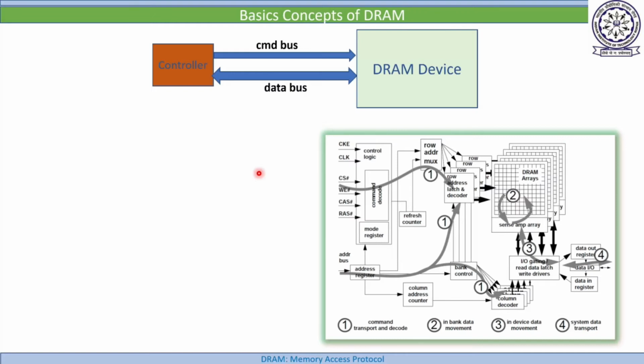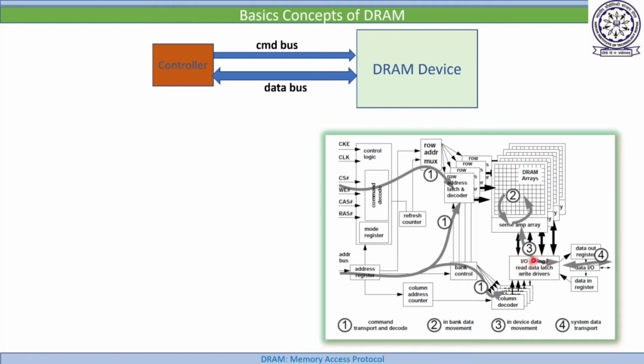Suppose a command, first of all, the command will travel through this command and address bus, and then it will reach the device. Suppose it is an activate row command. The second phase will be, it will activate this row and all data will be available in the row buffer. This second phase, you can say, is a bank utilization phase because it is doing something inside the bank. Next phase, you can say, is device utilization or IO drive utilization.